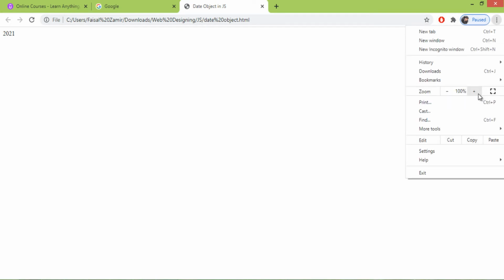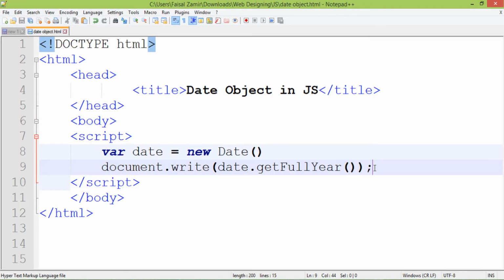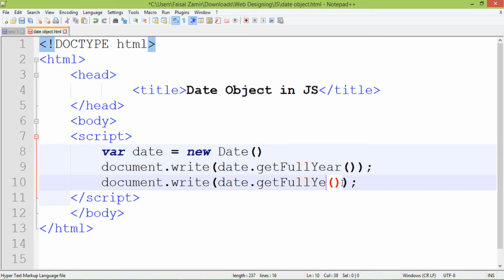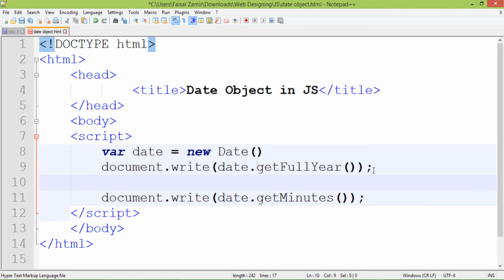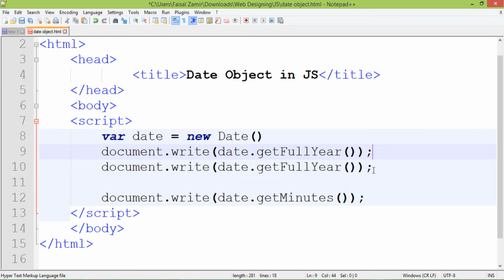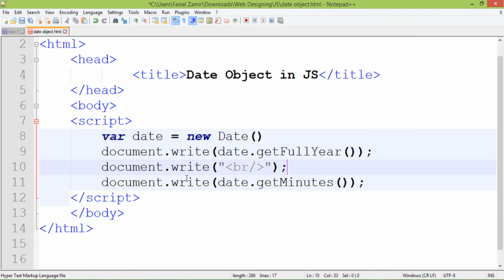Open this file, date object. You can see that it is displaying 2021, and I can also get more. For example, get minutes. I will get minutes when I refresh, 45, and I can also use a line break. For example, line break. I save this file, refresh. You can see that